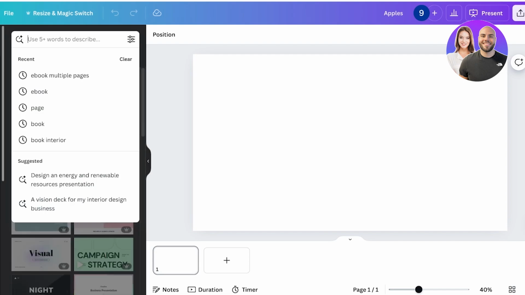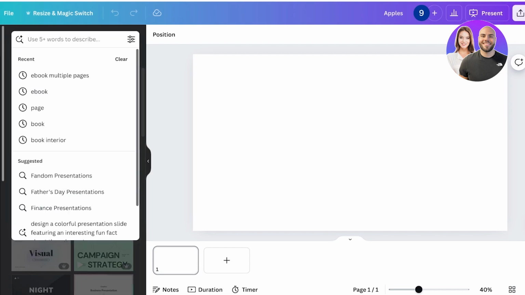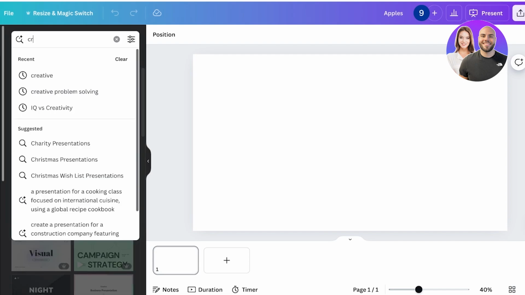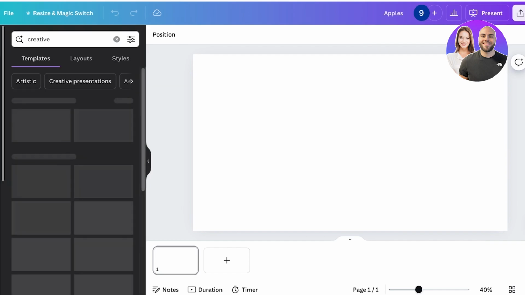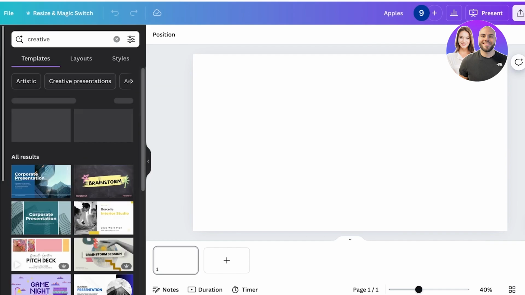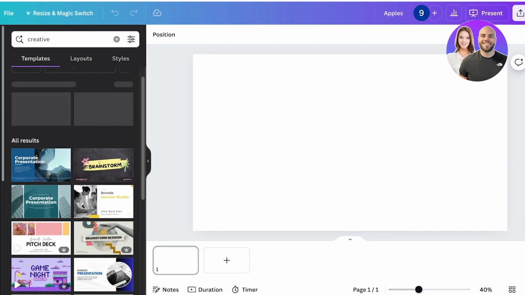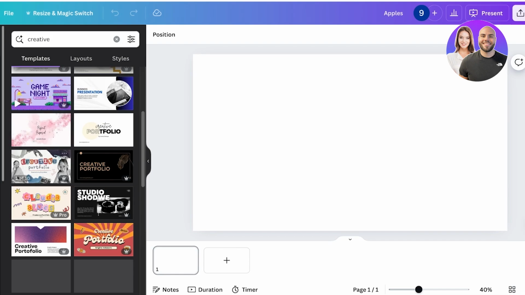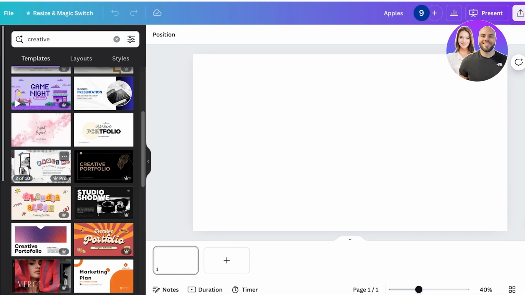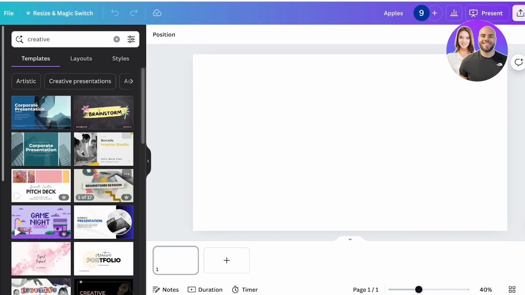Now you can search for the type of template you want. So let's say I want a creative template. So I will just search for creative and now it will show me some templates that are more creative. And you can search for the style of presentation you want very easily to find a template that you personally like. The best part about using Canva is because it has so many different templates, you can actually find a